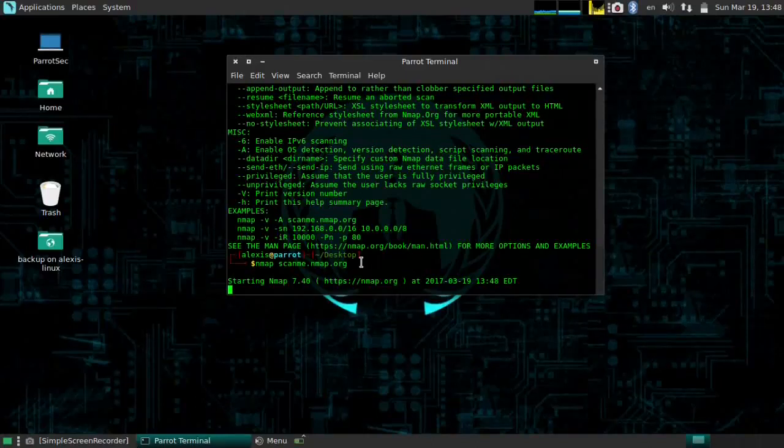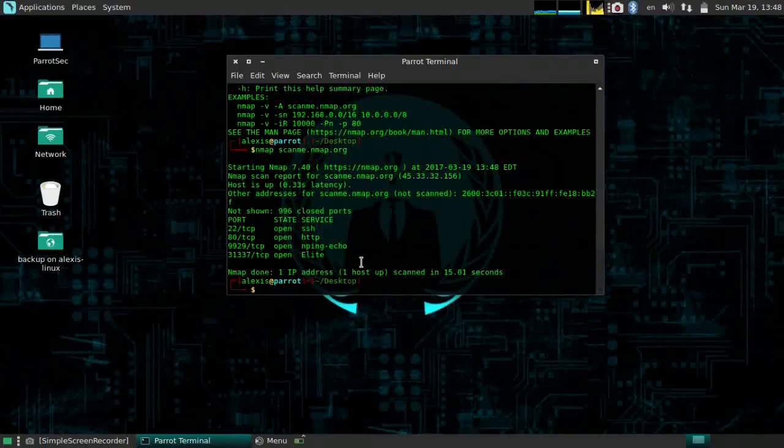It starts scanning for open ports, and as you can see, it's done. By default Nmap scans 1,000 ports, though it can scan up to about 65,000. That's why it took 15 seconds, as it says here. It gives you the latency, which is pretty okay, and then it shows you the ports. Here it says not shown: